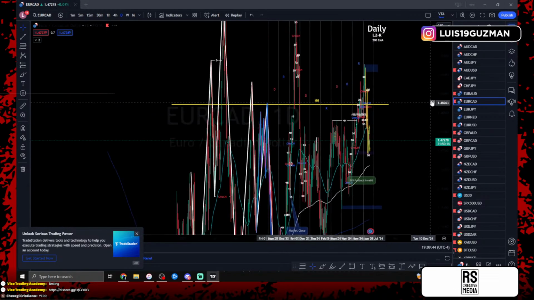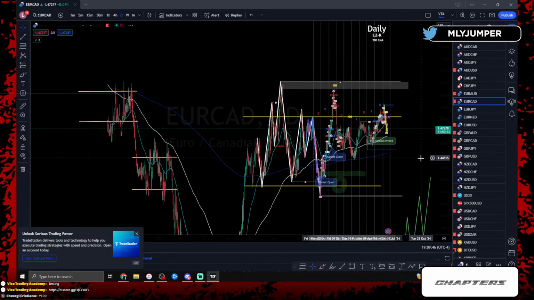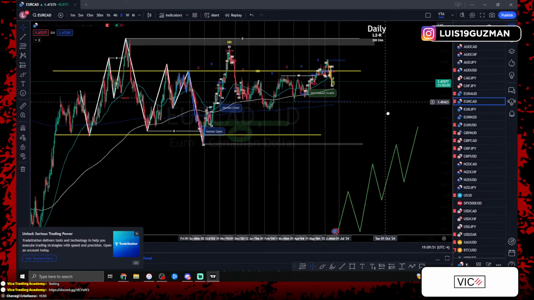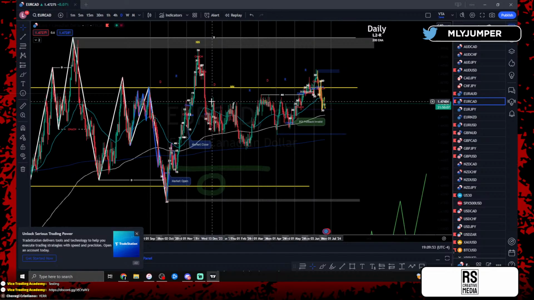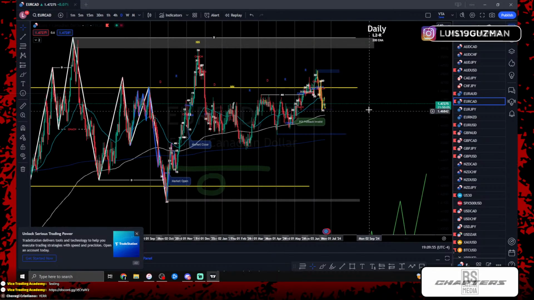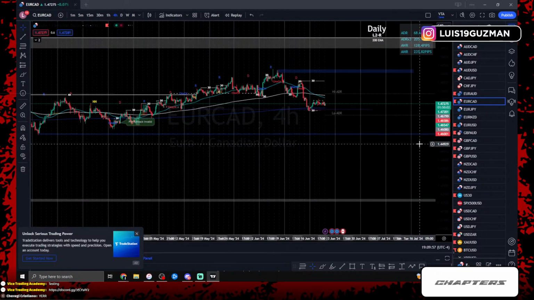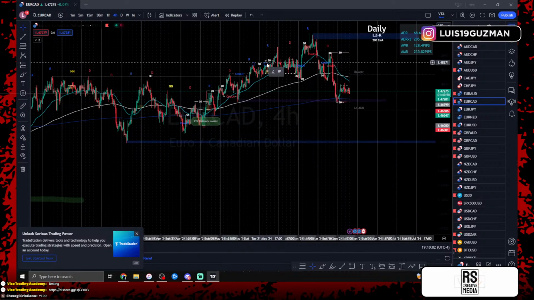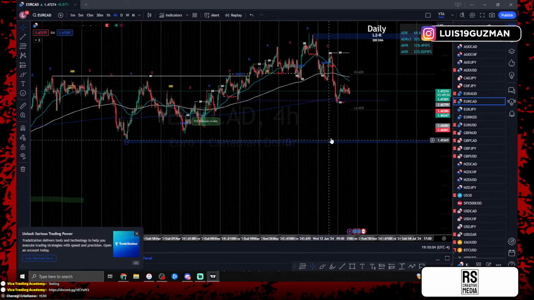EURCAD, we are in V1. We're at the top of the zone of consolidation. Again, in an uptrend, the top of the zone of consolidation is not the best spot to look for a trade. We can see if we zoom in, we're also in the zone of consolidation in the lower time frame. So if we go down to the 4-hour, what do we see? We were consolidating, finally broke above it, and we know we're trading between this 4-hour high and this 4-hour low.